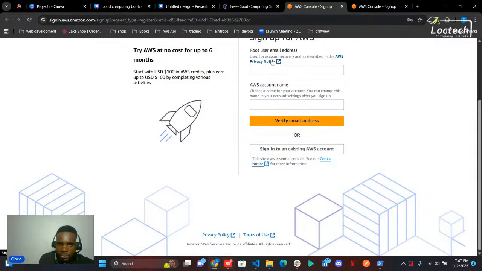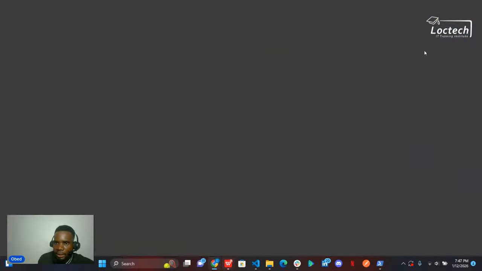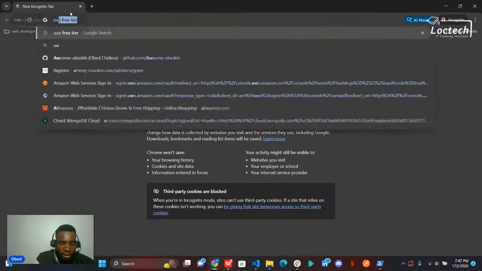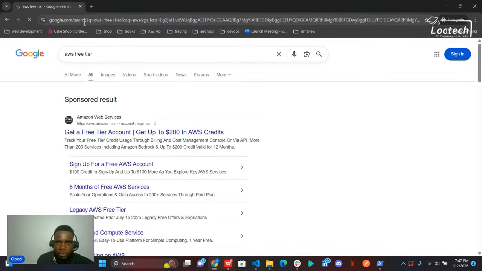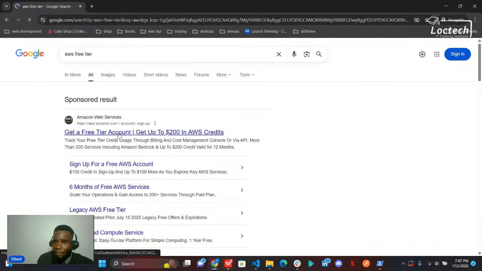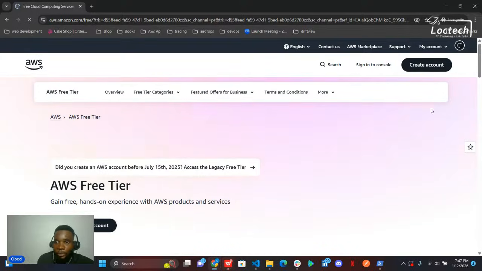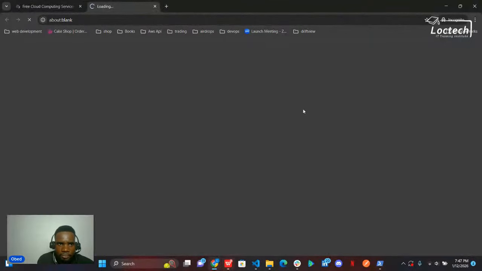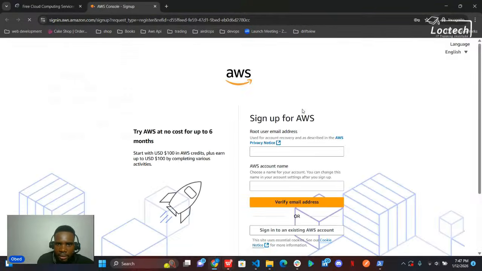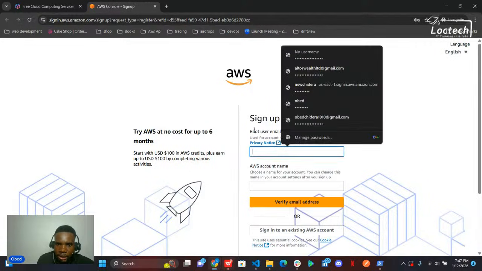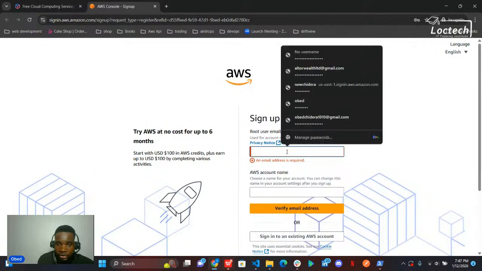It seems like it's just taking my already existing account, so let me open a new private browser window so that it won't show what's happening there. Still the same thing. Okay, sign up for AWS.